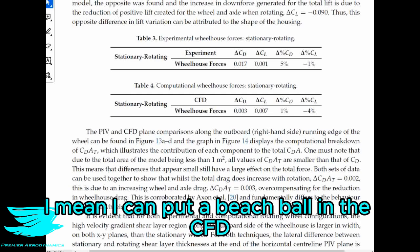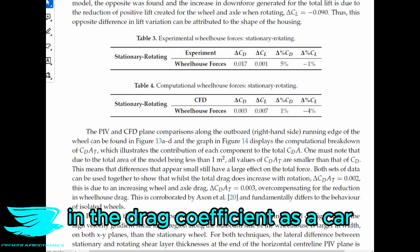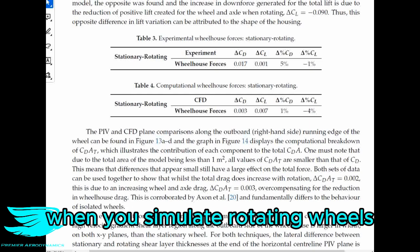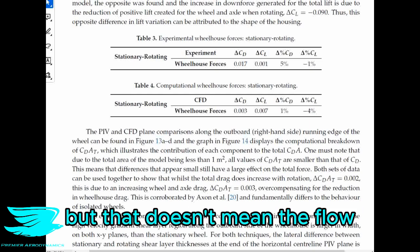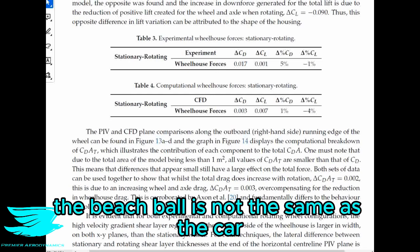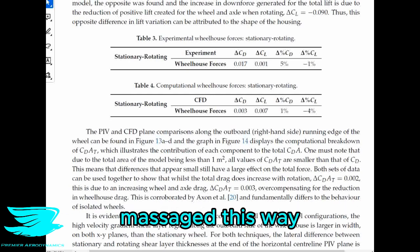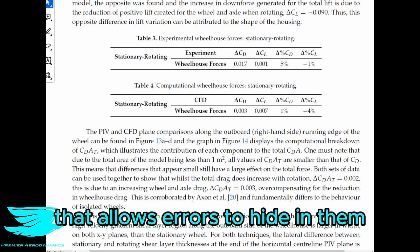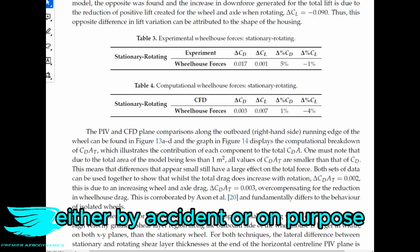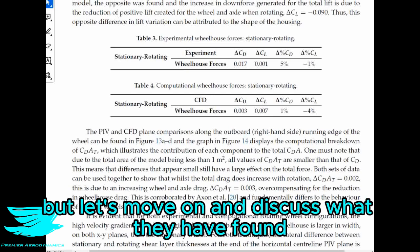I mean, I can put a beach ball in the CFD simulation and get the same delta in the drag coefficient as a car when you simulate rotating wheels compared to stationary wheels, but that doesn't mean the flow physics around the beach ball is the same, and obviously the beach ball is not the same as the car. And in my experience, when the only validation data is data that is massaged this way, that allows errors to hide in them either by accident or on purpose. So I really don't like this CFD validation so far, but let's move on and discuss what they have found